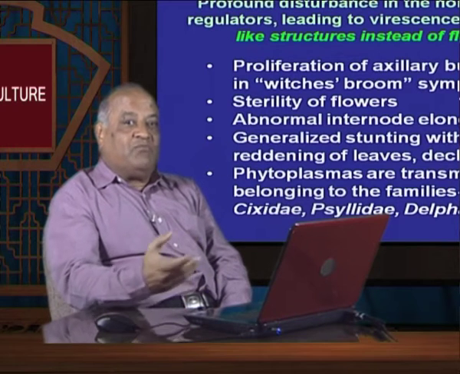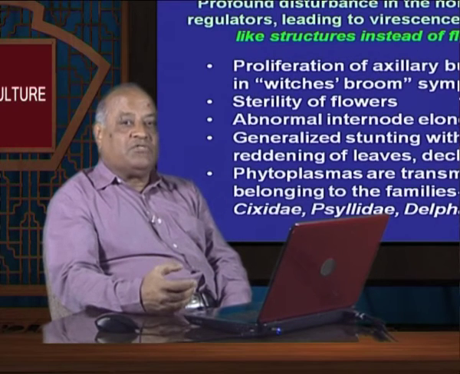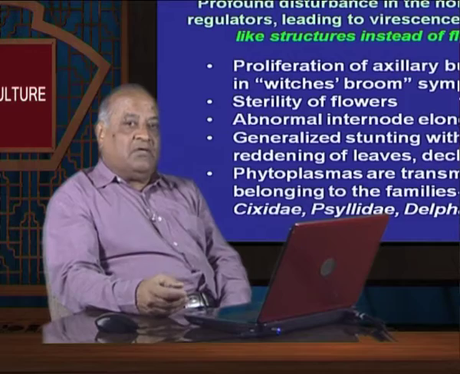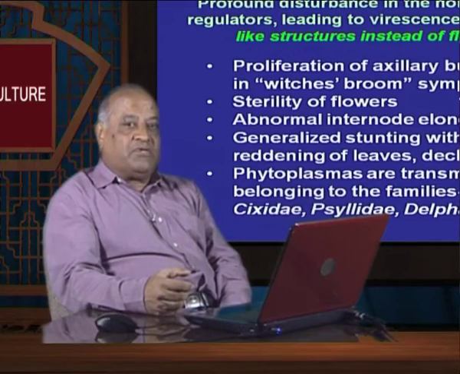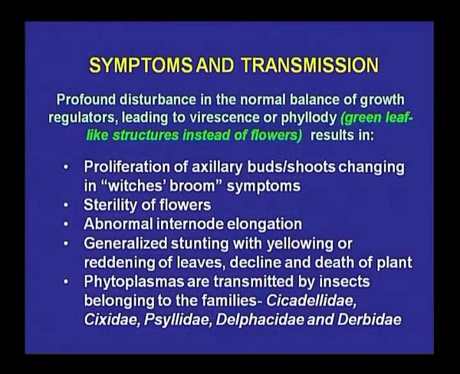These types of malformations or proliferations of the tissues are commonly seen in Mycoplasma affected plants. Proliferation of axillary bud shoots results in witches' broom symptoms. This is the proliferation, meaning the malformation of the tissues, and sterility of the flowers, abnormal internode elongation, generalized stunting